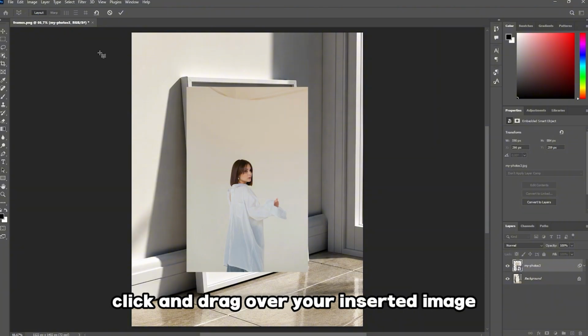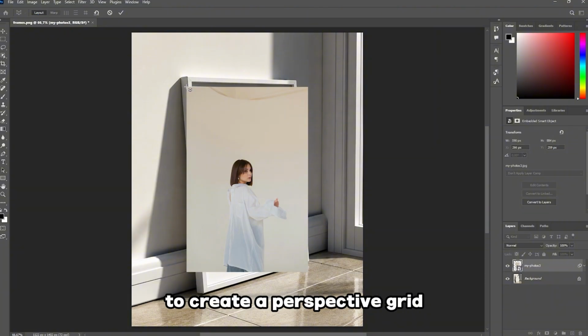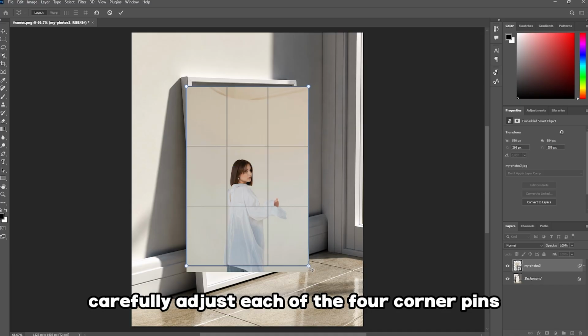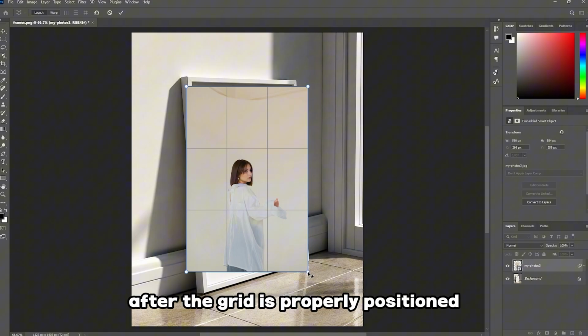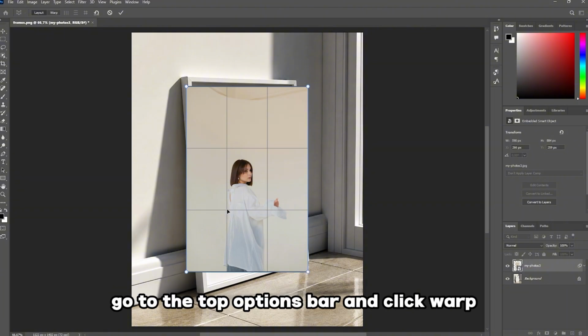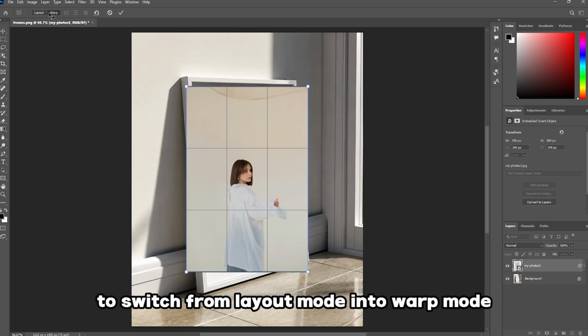Click and drag over your inserted image to create a perspective grid. Carefully adjust each of the 4 corner pins so they align precisely with the 4 corners of your inserted photo. After the grid is properly positioned, go to the top options bar and click Warp to switch from layout mode